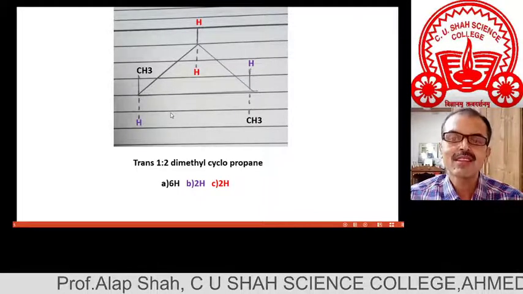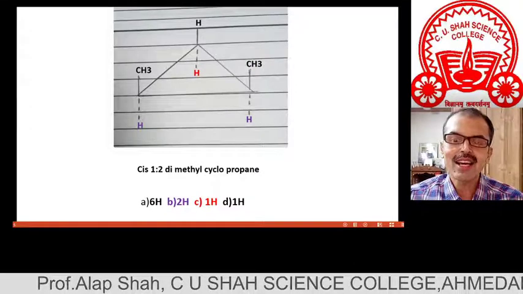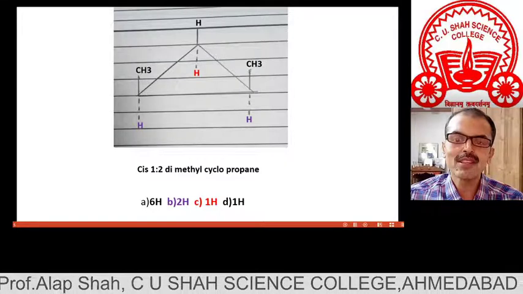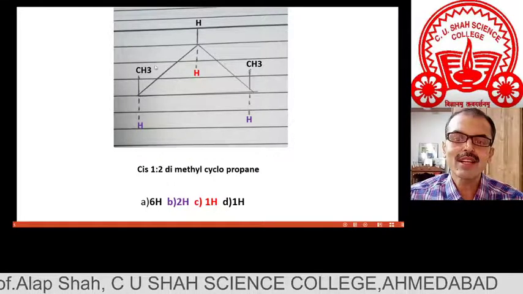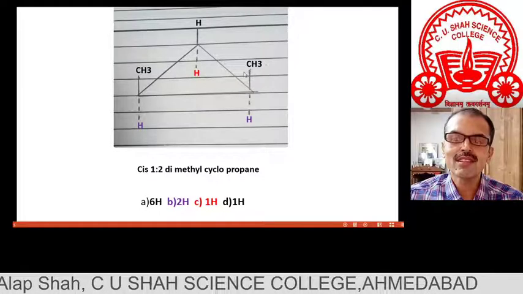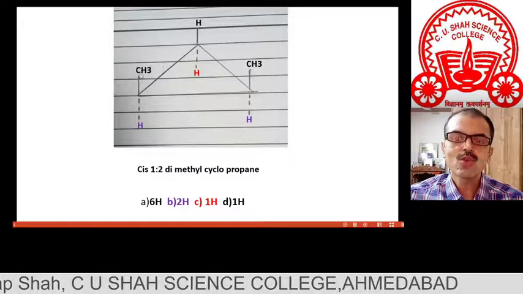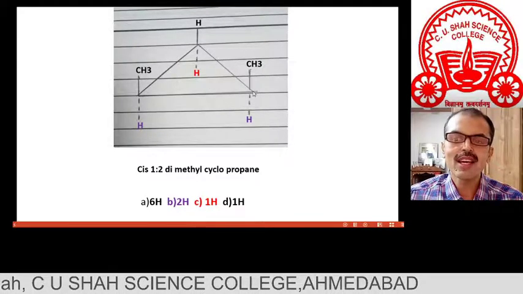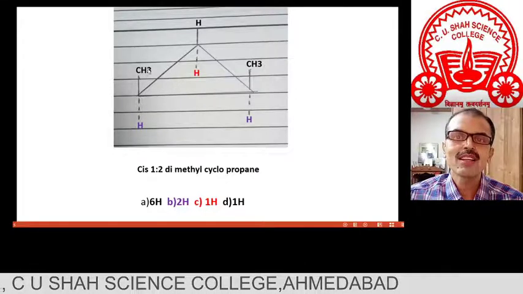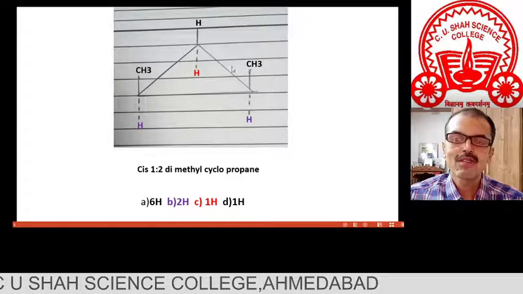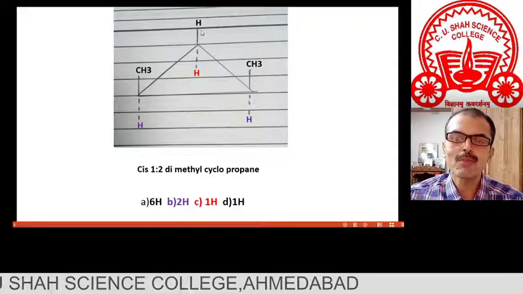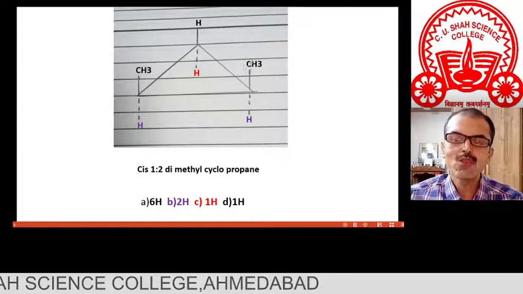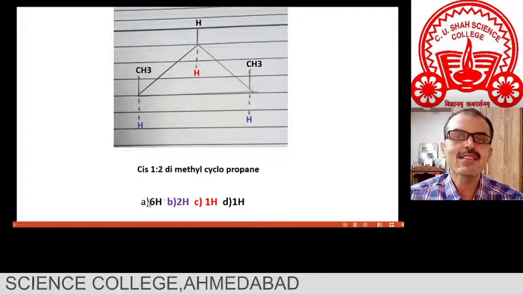And the next case is very interesting, the last isomer, and that is 1,2-dimethyl cyclopropane, but this time it is a cis isomer. As you can see, both methyl groups are relatively cis. So let us check whether the two methyls are the same or not. Methyl, carbon, hydrogen. Here also methyl, carbon, hydrogen. This methyl can interact with one black proton, one black methyl. This one also has one black proton, one black methyl. So both methyls are the same, and there should be one signal of the equivalent 6 protons.